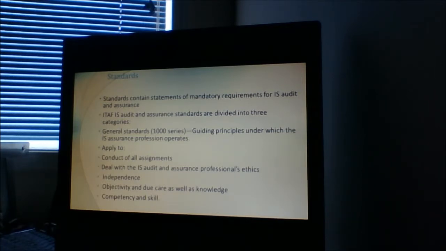This general standard provides guiding principles for conducting IT assurance engagements. This standard is applicable to conducting all assignments, IT audit and assurance functions, ethics and independence, objectivity, due care, competency, and skills.